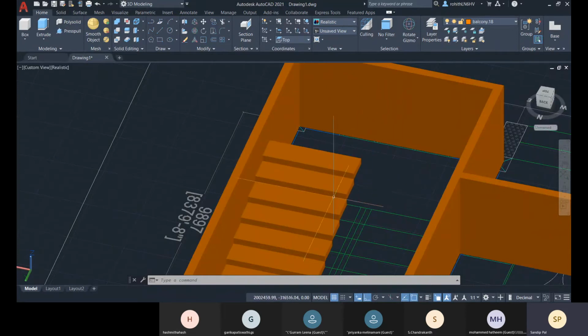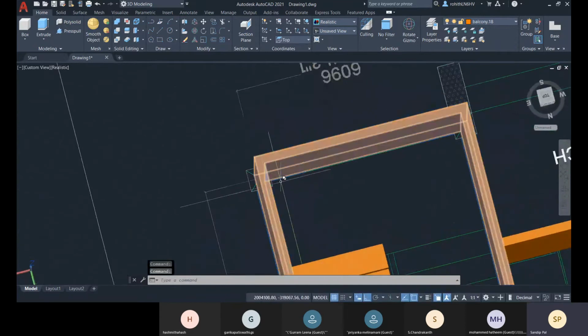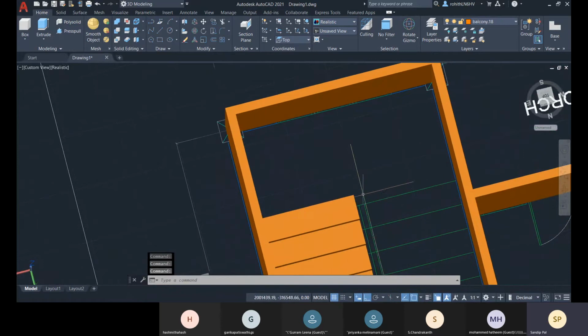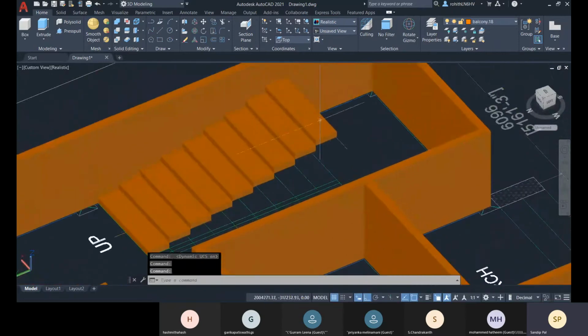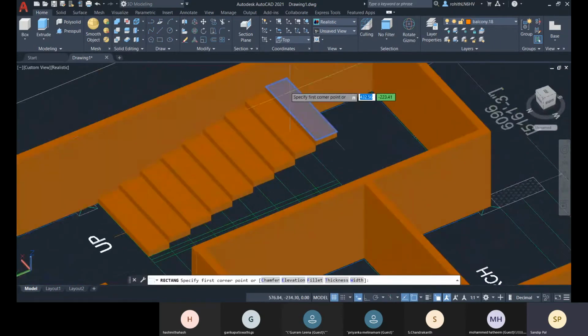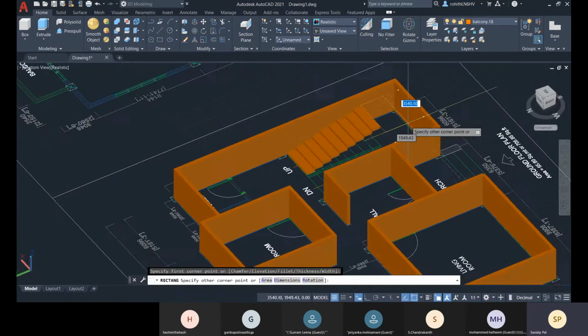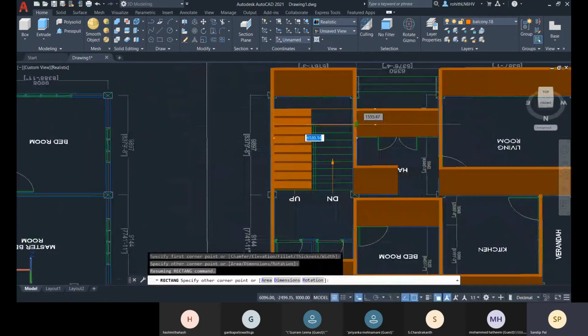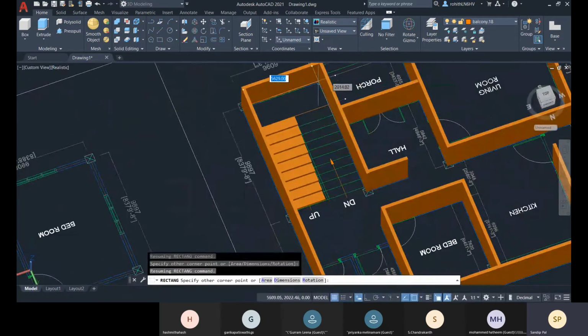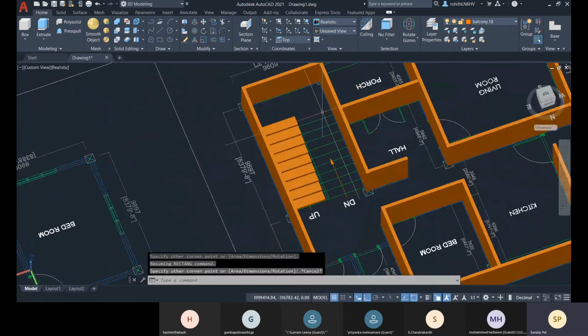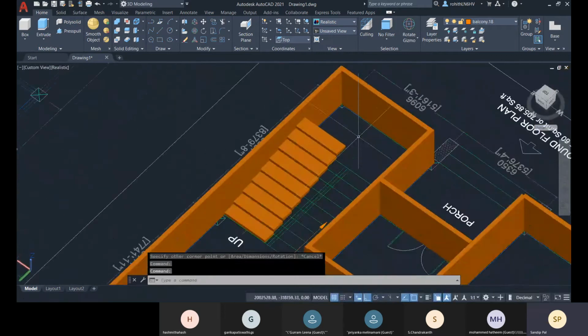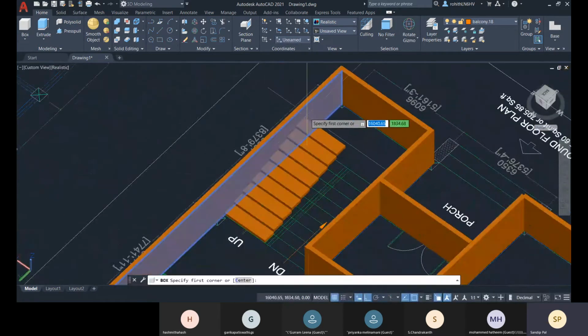What I'll do, if I know the length and width for the landing, I can simply go for dynamic UCS on, and on this surface I can draw the rectangle like this. I can draw this rectangle, and then I can extrude it simply. Okay, but here I don't know the rectangle or the landing length and width, so let me just, sorry.